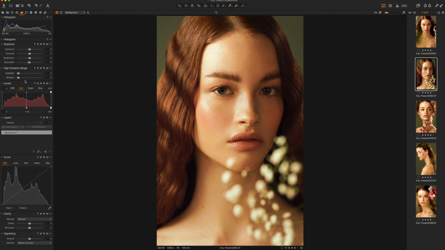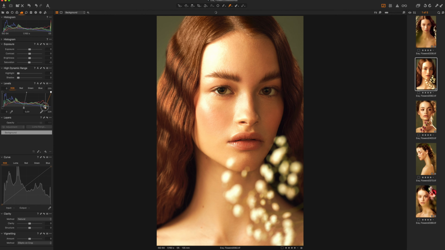Down below you have levels for RGB, red, green, blue. So every color split apart. Let's say red, because for this image I want less red, and this is it. Or I want more red. This is it. So simple. This is all just color management. For RGB you're switching with the brightness. So this is midtones,